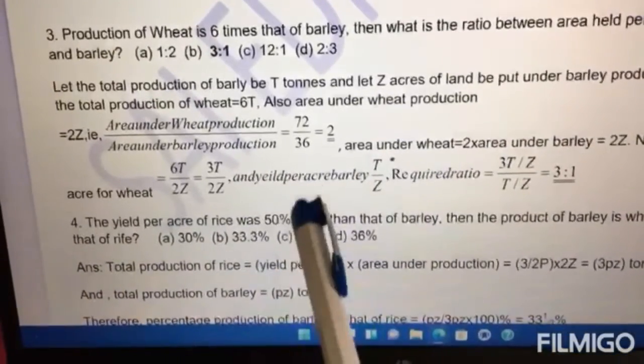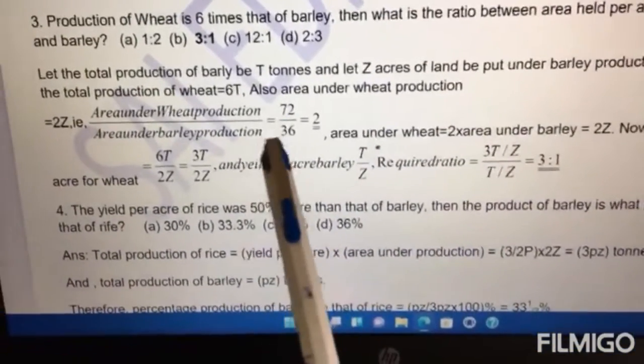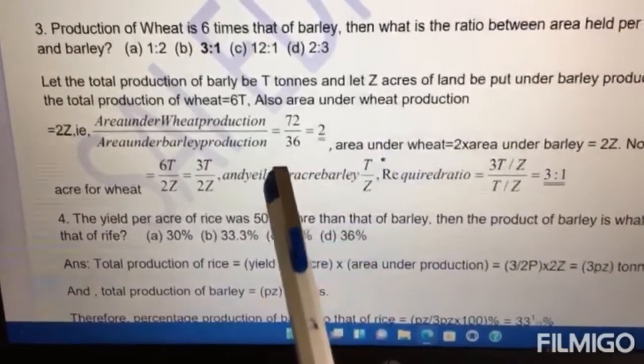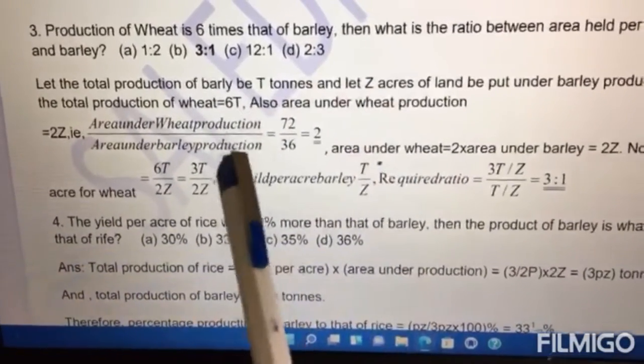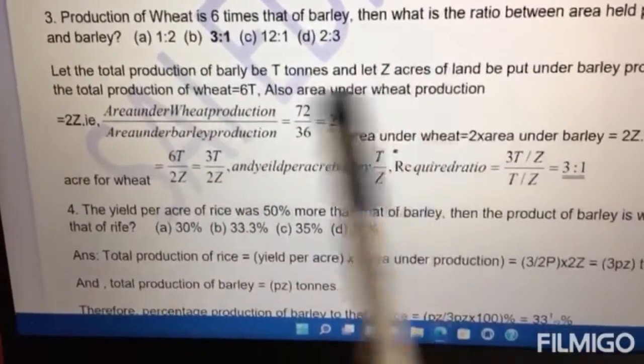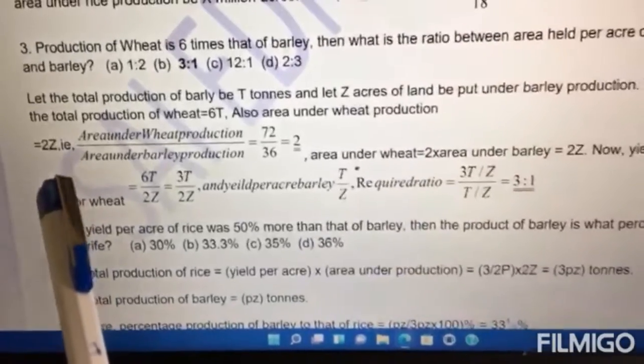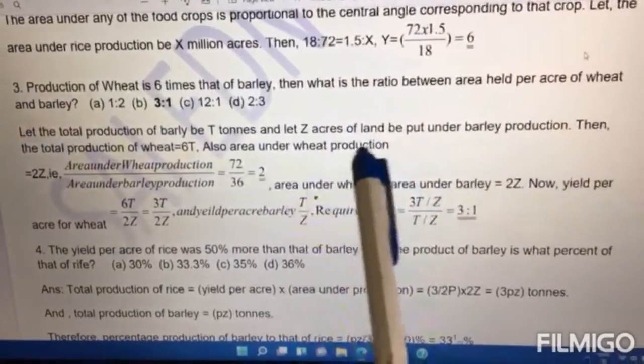This means that the area under wheat production is twice the area under barley production. We are saying the area under barley production is equal to Z acres. Therefore, area under wheat production will be 2 times Z, which is what they got here. Okay? Now,